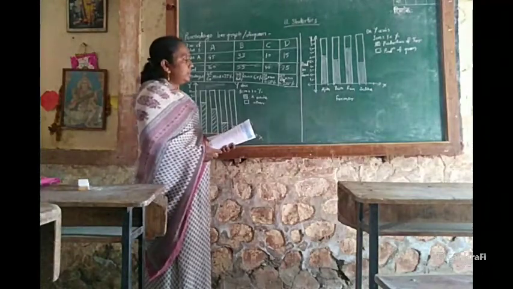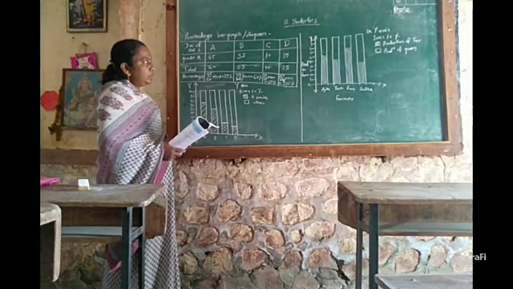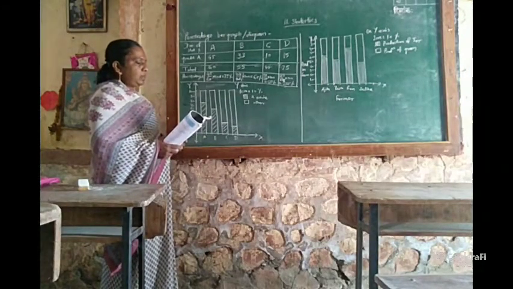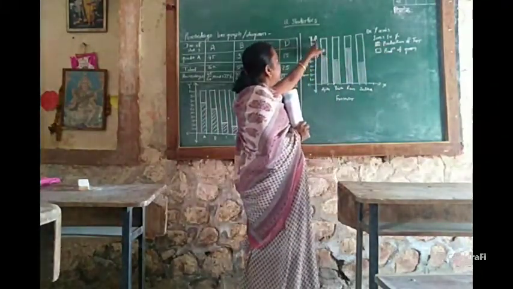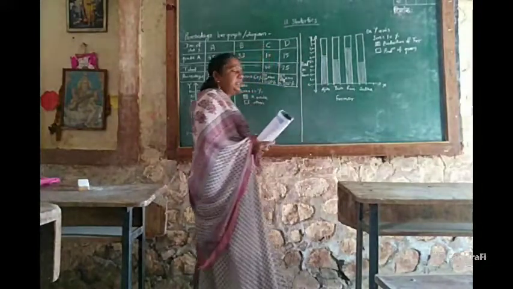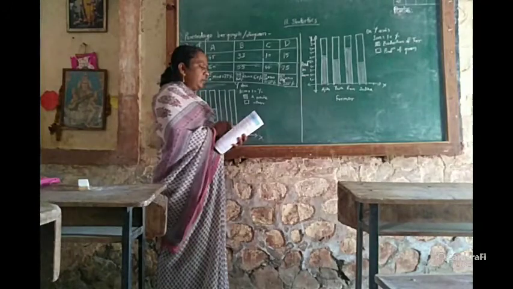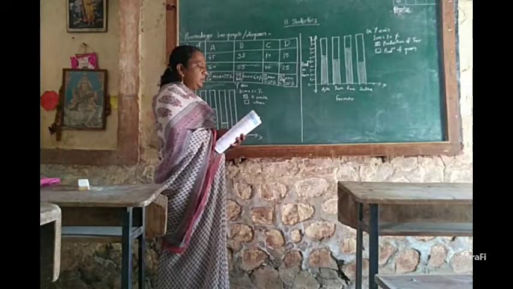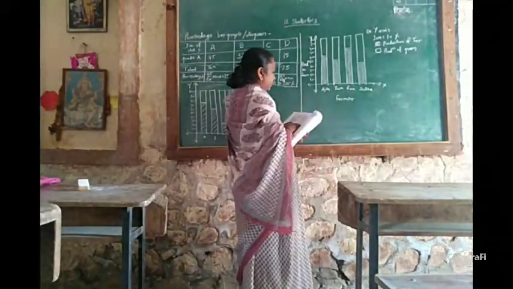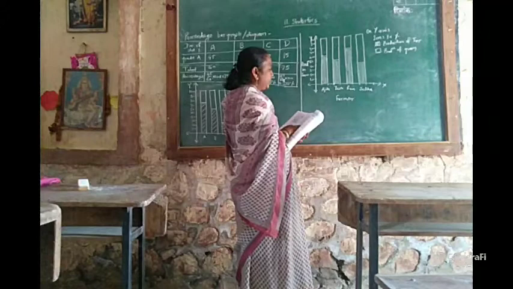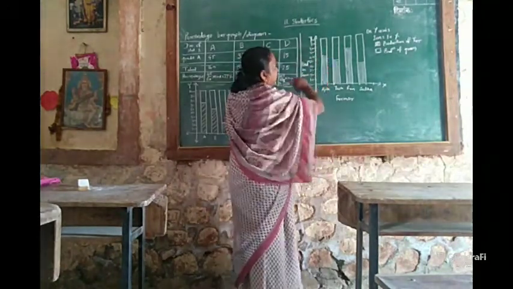Then see the second example. In the second example, they have given us the graph, and we have to answer the questions they have asked. We can see the graph shown here. The first question is to state the type of bar graph. We can see on the y axis 1 centimeter is equal to 10%, and all bars are at the 100 units level. So this is the percentage bar graph. Then the second question: how much percentage is the tool production to total production in Ajita's farm? See, the first bar is Ajita. Total production is 100%, and tool production is 60%.